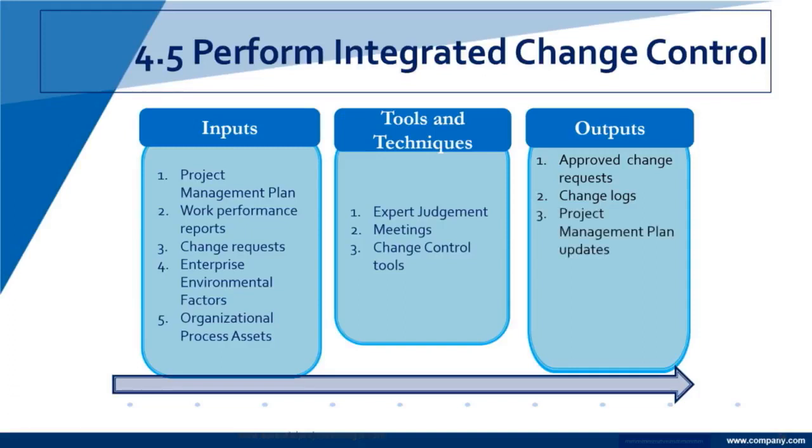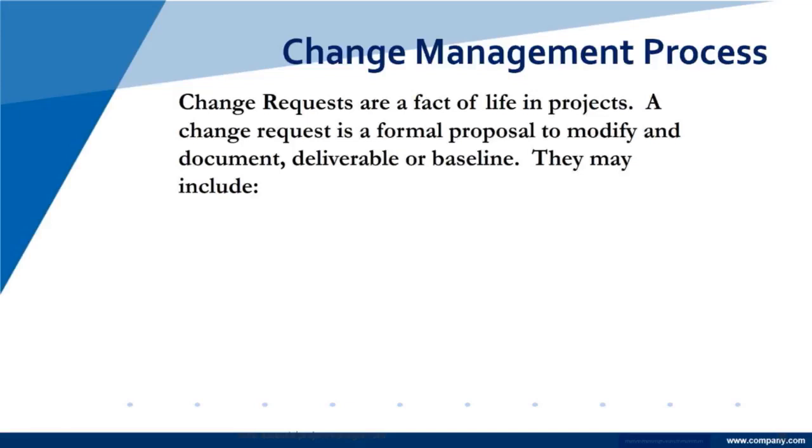And project management plan updates, as well as our typical project document updates. As things change, we may need to make sure everybody is aware of it, and the best place to keep that information is in these documents. Now,